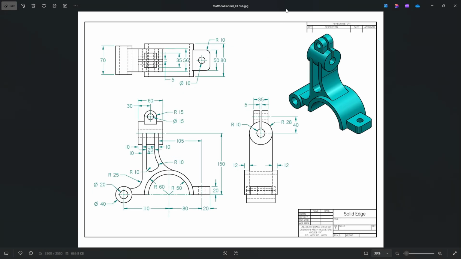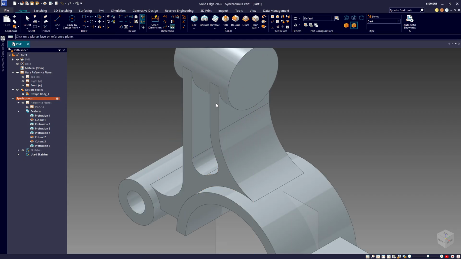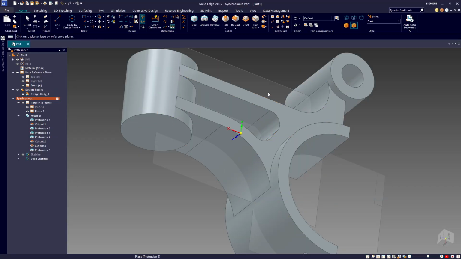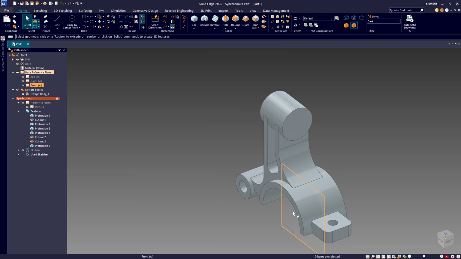Oops, I did it again. So now we're going to create a reference plane from here and there. It's going to create one in the center. Actually, we didn't even need to do that because that's why we have this one on, right? Okay, so all we need to do is,